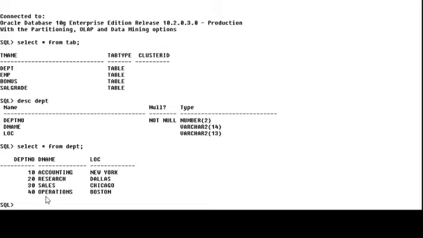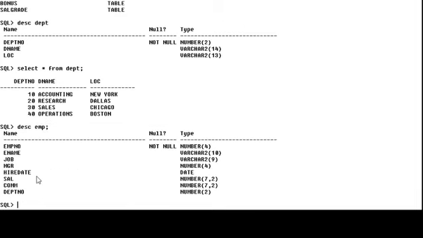So this is about the DEPT table. Now, same way we check the EMP table. First we have to check the description of the table, so DESC EMP. Now execute. Name, this is the constraint, and this is the type of data the column holds. EMPNO is one column. It holds NUMBER(4), meaning numeric data of 4 digits.